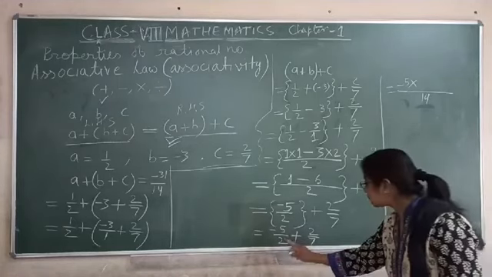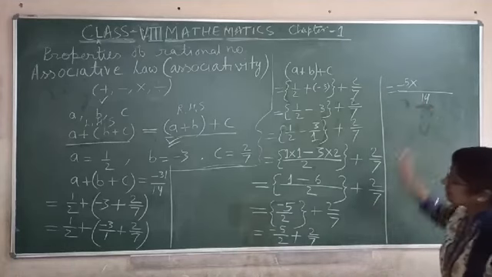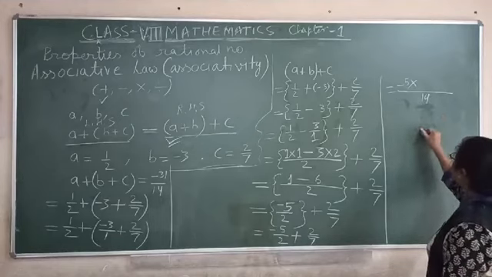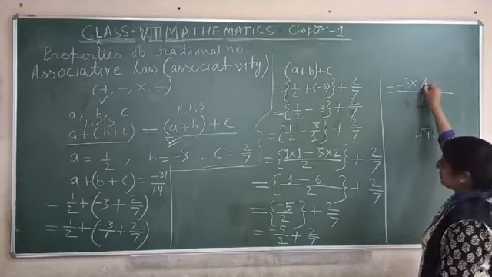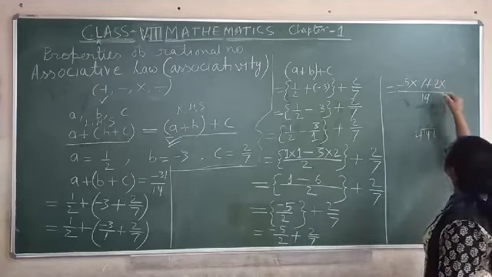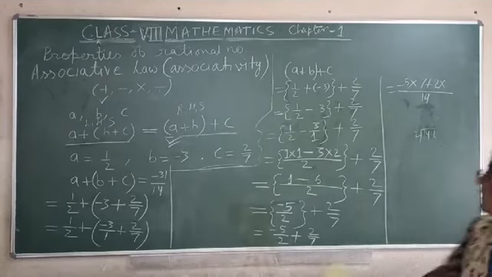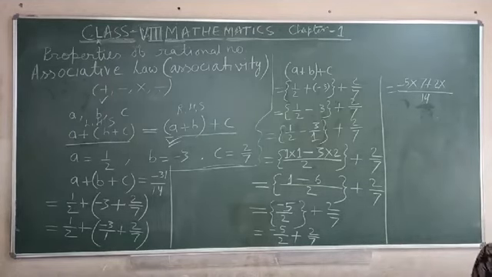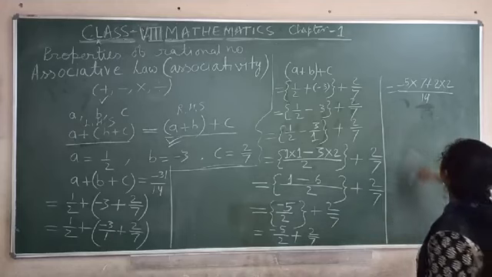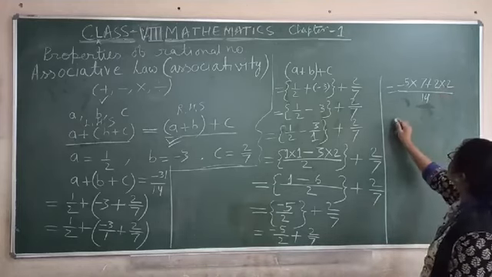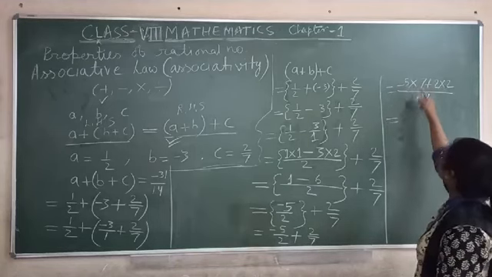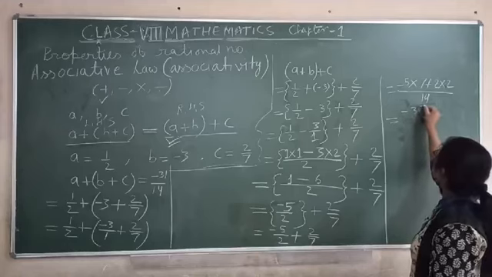your LCM divided by denominator. Denominator is 2 and LCM is 14. 14 divided by 2. So what you will get? 7 plus 2. 2 already you have into. And 14 divided by 7. So how much you will get? 2. LCM divided by this one. And whatever you get, you have to multiply with numerator. So this is minus into plus. Minus 7 5 is 35.